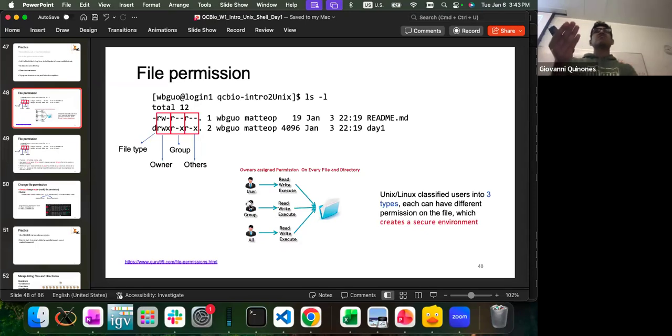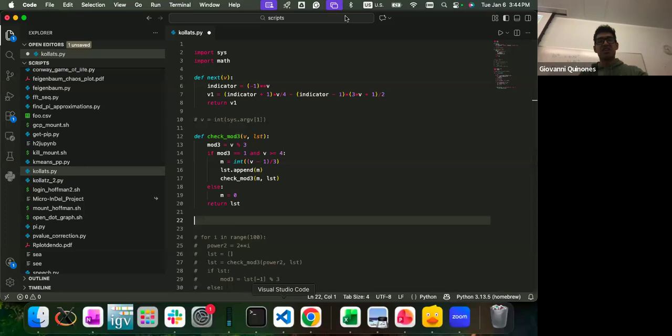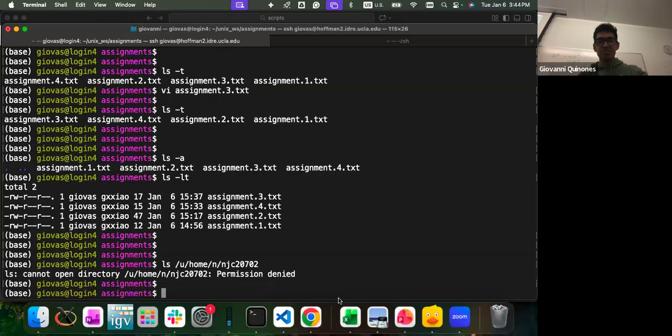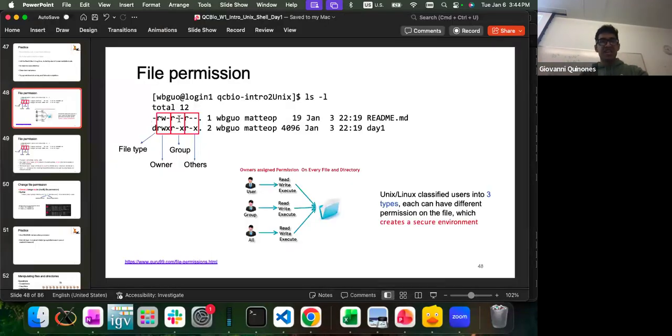Now, read a file is something like doing less plus the file name or more, which is something we already practiced. Now, what is writing? Writing would be editing the file. So something like with the Vim editor or using one of these interfaces. Now, what is executing the file?